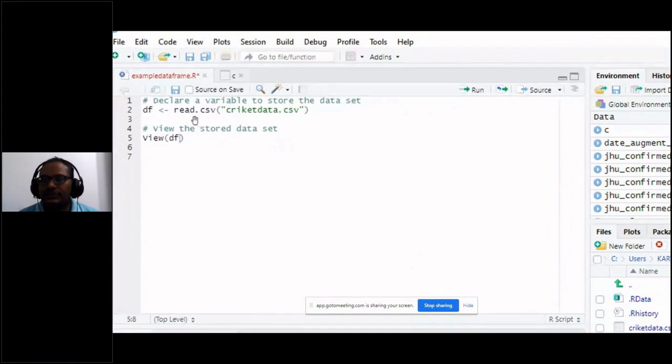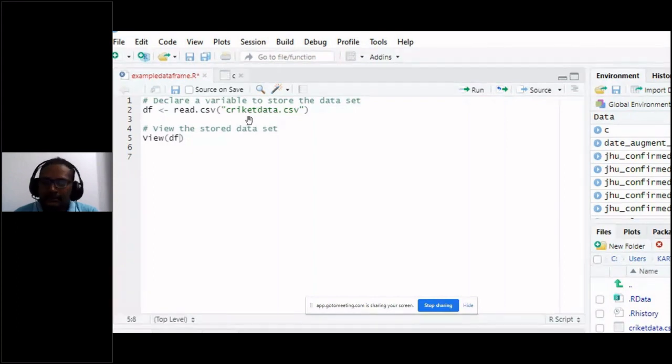So this is the syntax we have to use. This read.csv is the particular command in this particular package. Suppose you have used another package, then the commands will change. So the default syntax is read.csv, and in your parentheses you have to use quotes for the file you want to read.